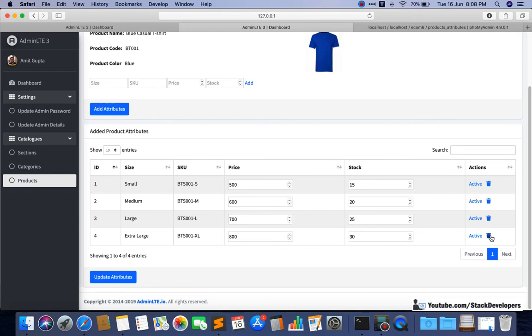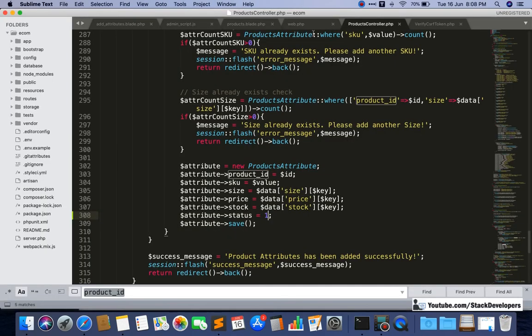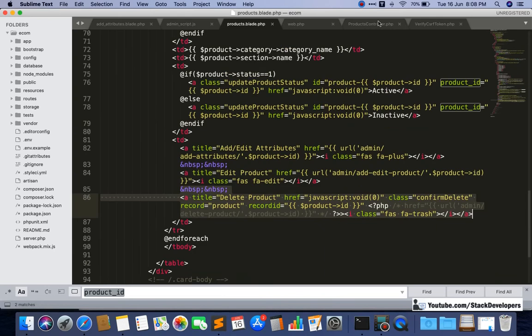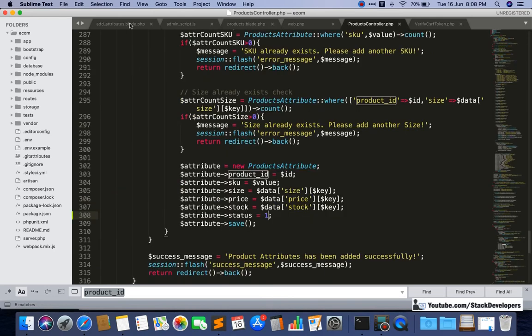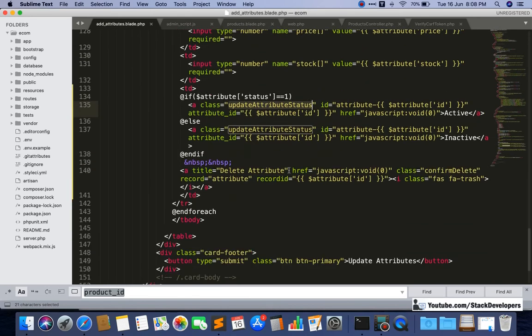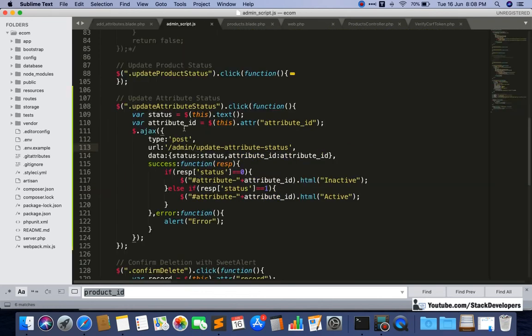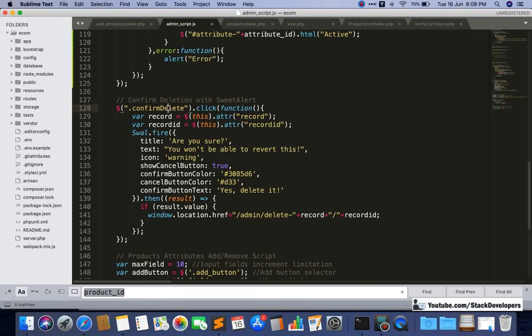I will add one status, but after deleting. Okay, I'm going to delete a few of the statuses here. So I'm going to work on delete now. And for deleting the attribute, it is very simple, we already have a common function for deleting. You can see confirm delete, this is the common function, though we can also make a common function for active inactive as well. So that we can try in future videos.